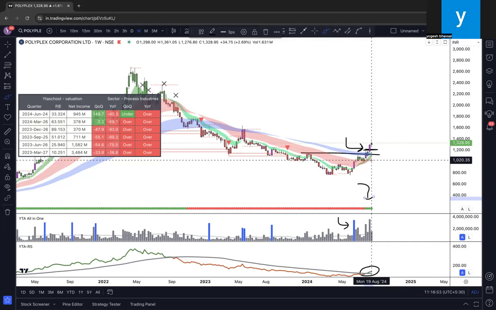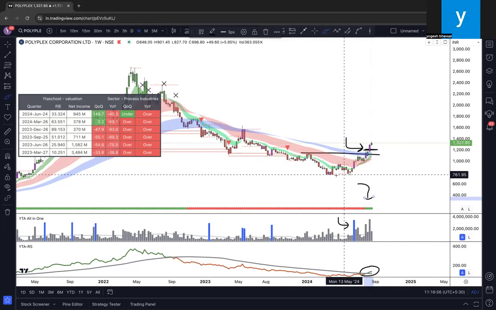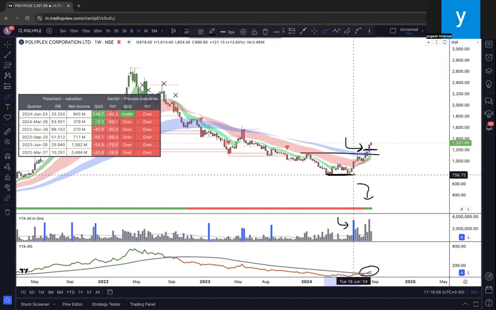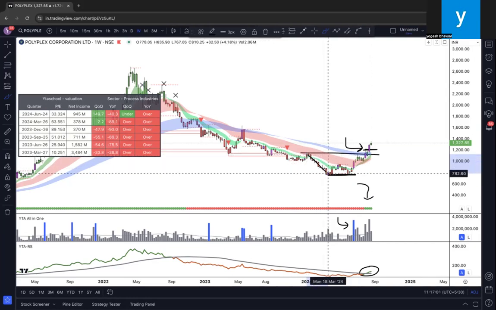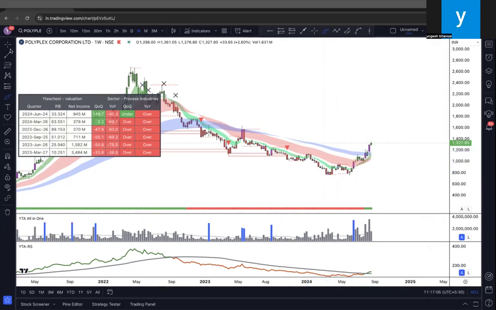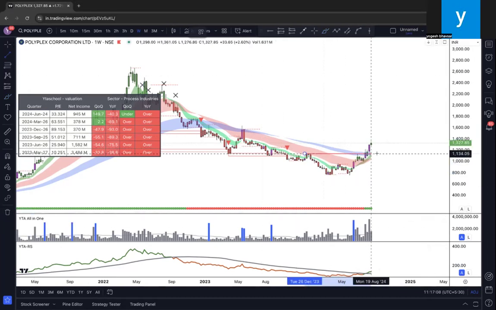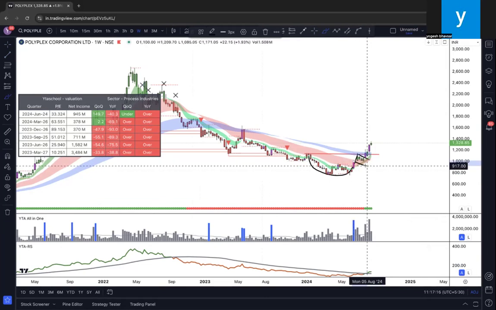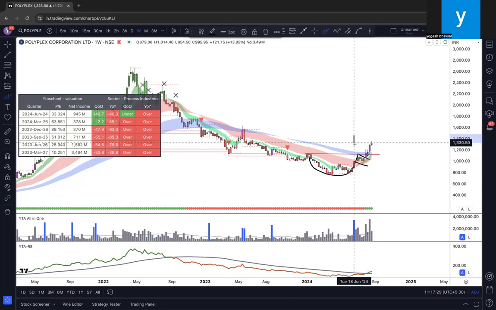But for the technical analyst, if you see this bottom being created, a double bottom, then somebody would say there is a W pattern breakout, or some genius will come and say, okay, fine, this is basically a cup and handle pattern breakout. So there are different ways of reading the same chart. But how will my students and my system owners, my subscribers, pursue it is that the breakout is fine.